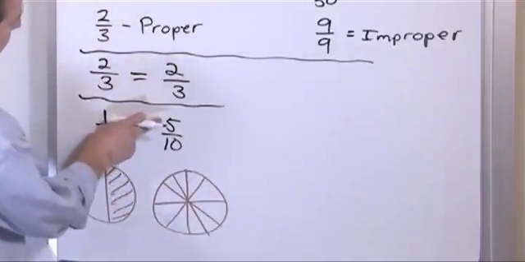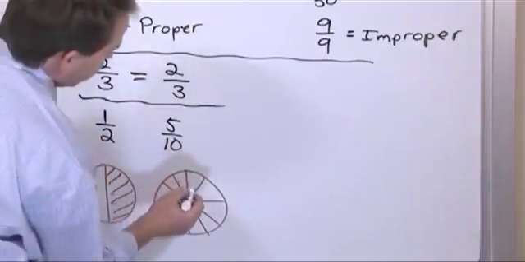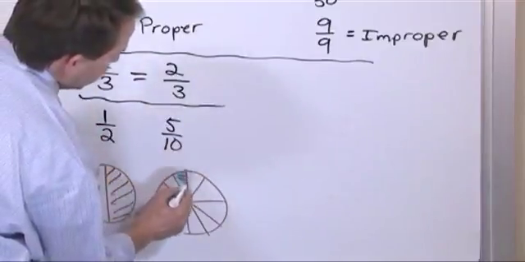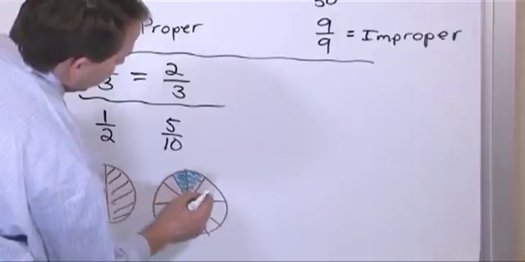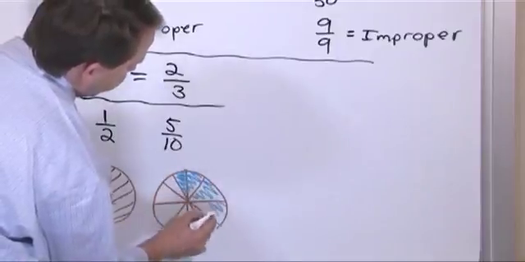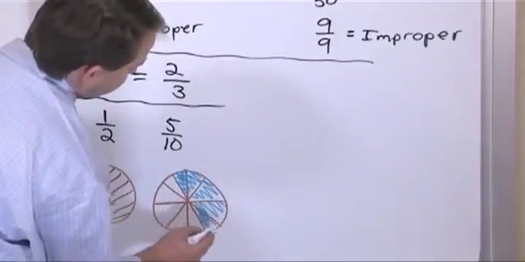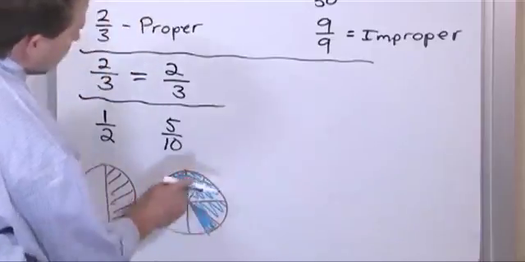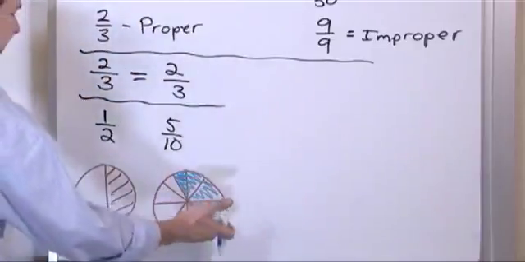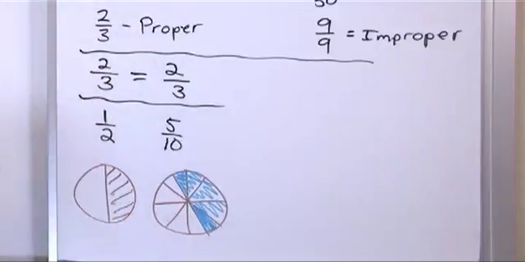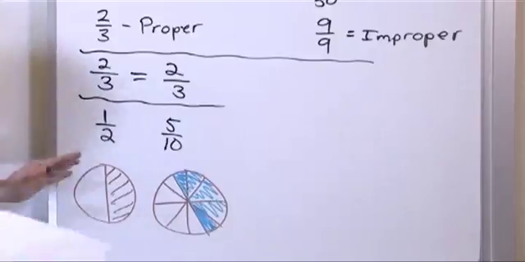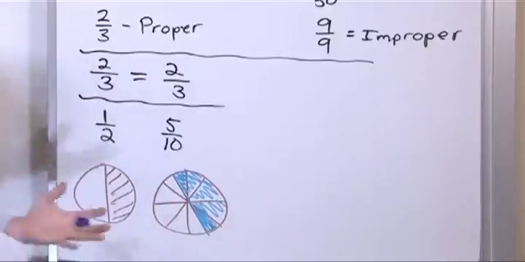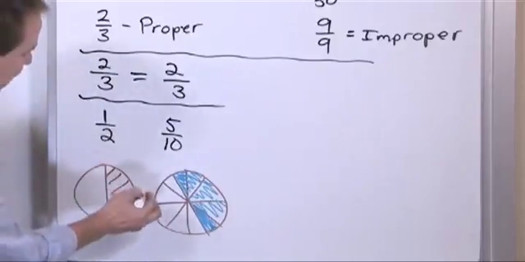10 pieces, let's look at what happens if I have 5 of those pieces. Well, here's 1 piece, here's 2 pieces, here's 3 pieces, here's 4 pieces, here's 5 pieces. So this is what it looks like to have 5/10 of a pizza right here. See the blue? It's basically the same as half of this pizza. So yes, they look completely different. 5/10 looks totally different than 1/2, but I've just shown you by drawing that they're actually exactly equal to each